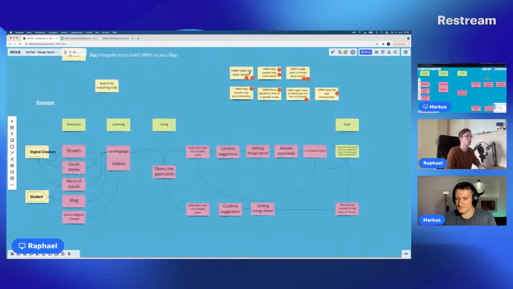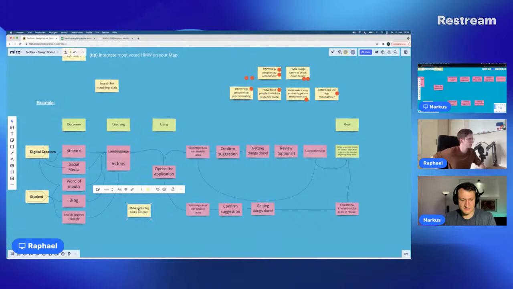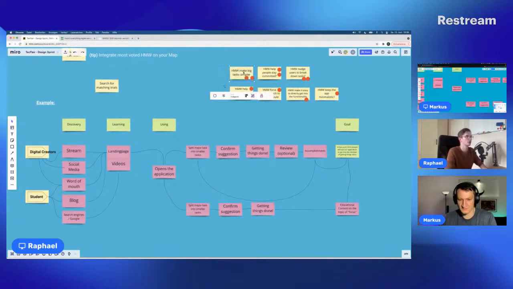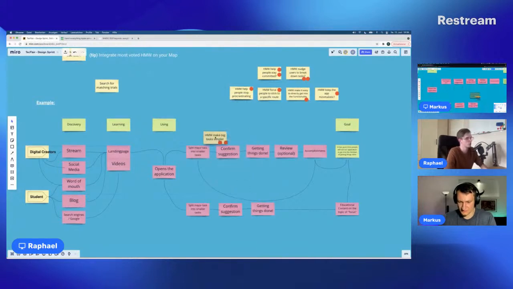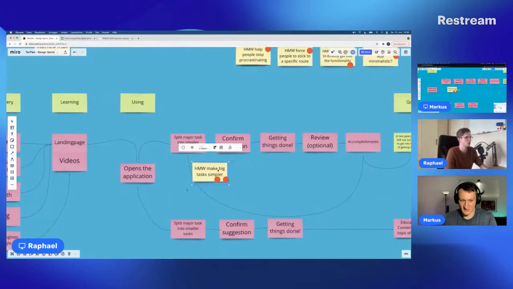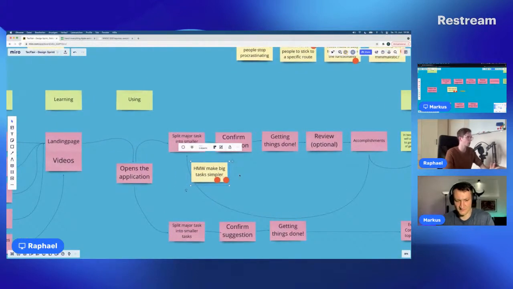Okay, so we are just going to take one how might we now, and add the how might we to one part of the roadmap. I can just start now. So, how might we make tasks simpler? That's a very good question. I'm not really sure. It doesn't have to be strictly one point, right? We can also say it's somewhere in between here. Just to demonstrate the whole idea, if I add this, for example, how might we make big tasks simpler,